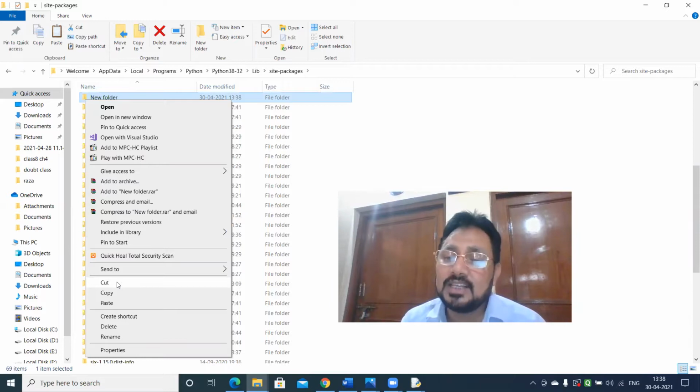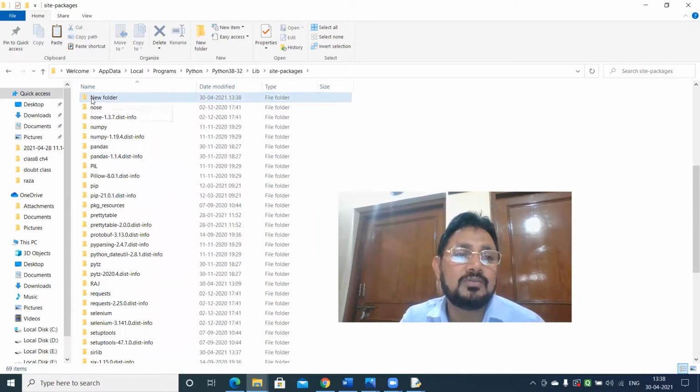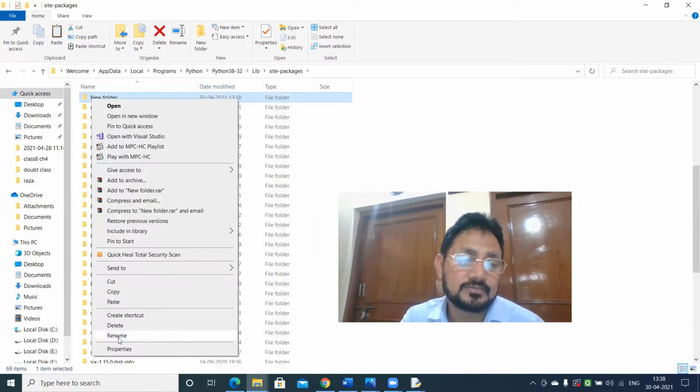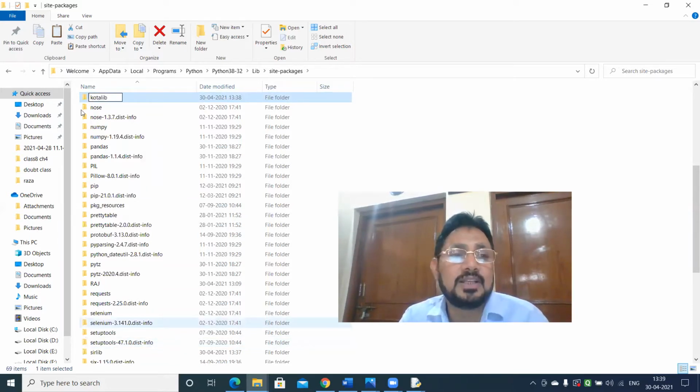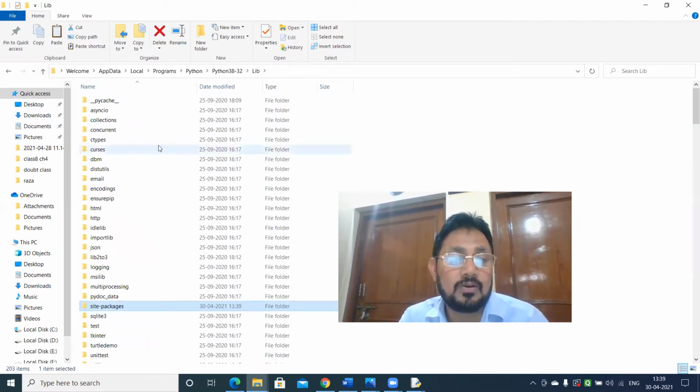Copy the files here. You will find it easy because the folder is also here, the files are here, just copy and paste in it. Okay, suppose I am giving a new name to the new folder. I'll give the name quota library. Anything you can name it. So I have given the name. The files are not here. One back. One more back.